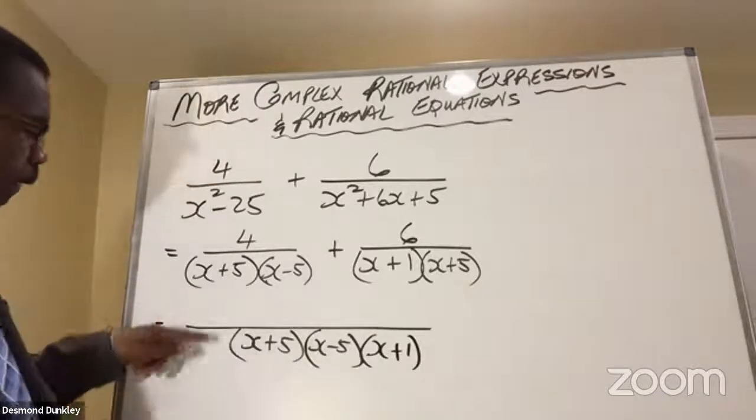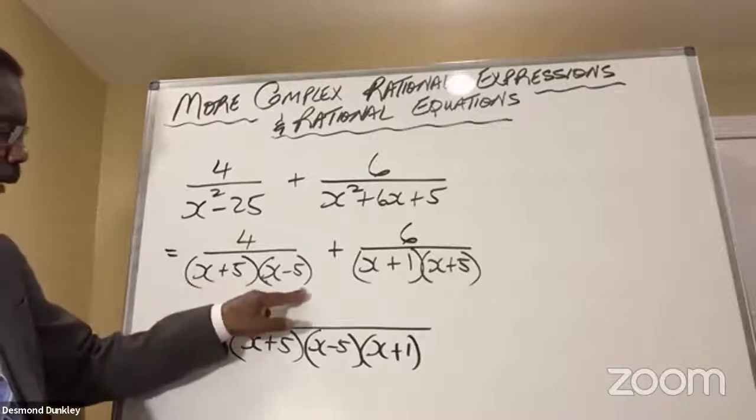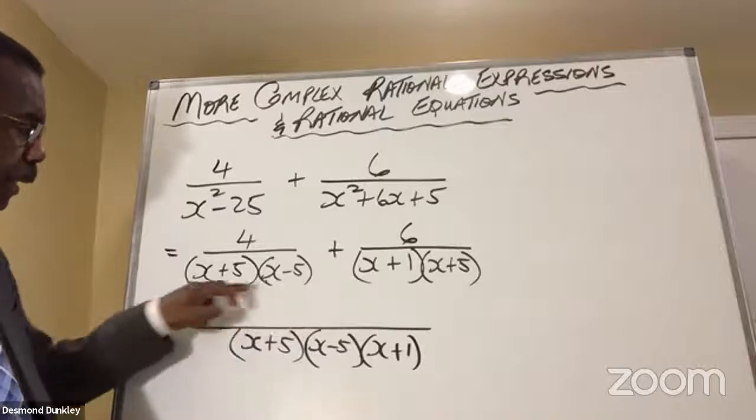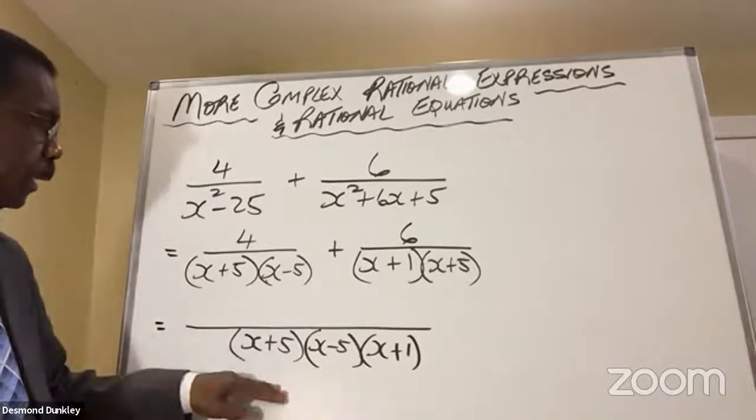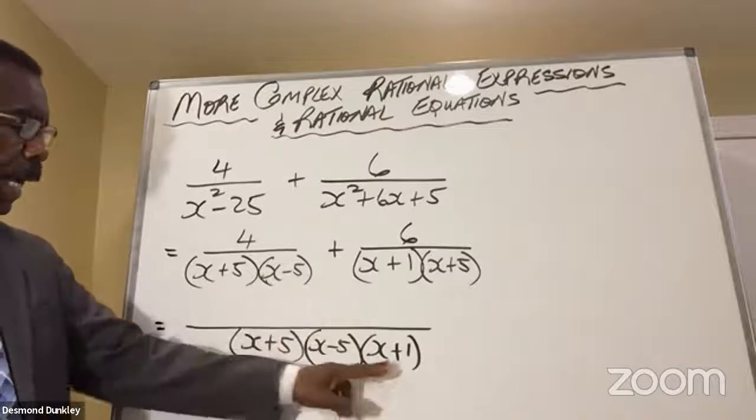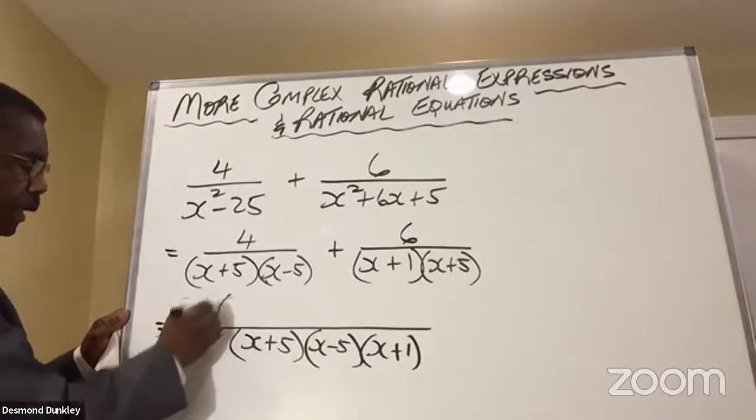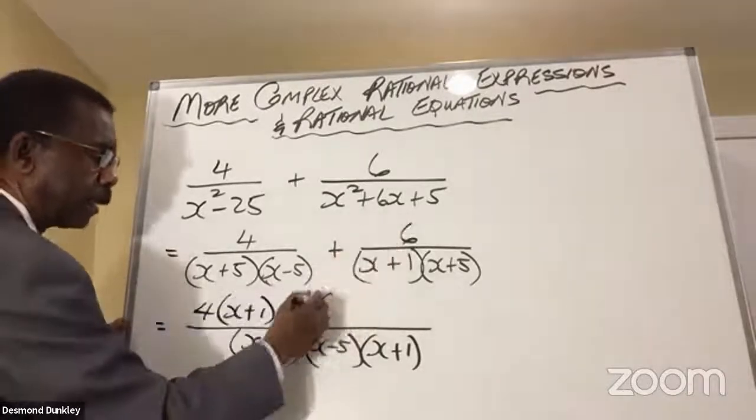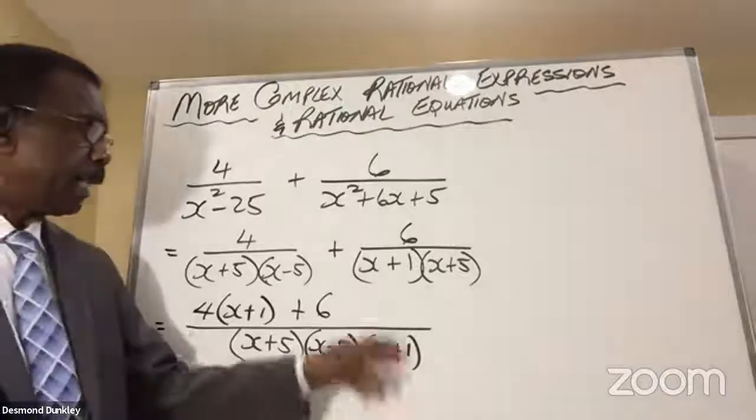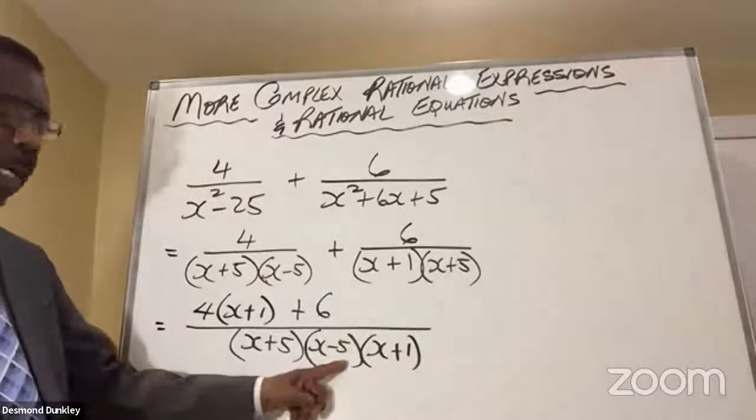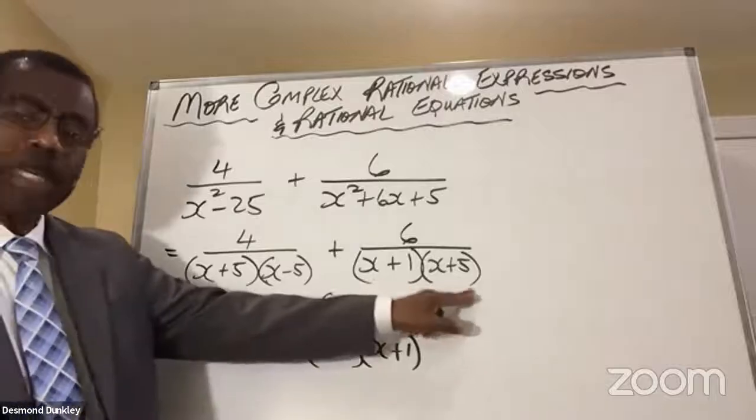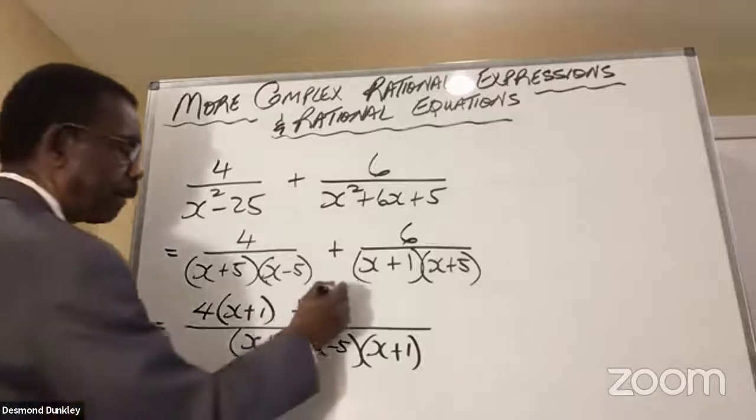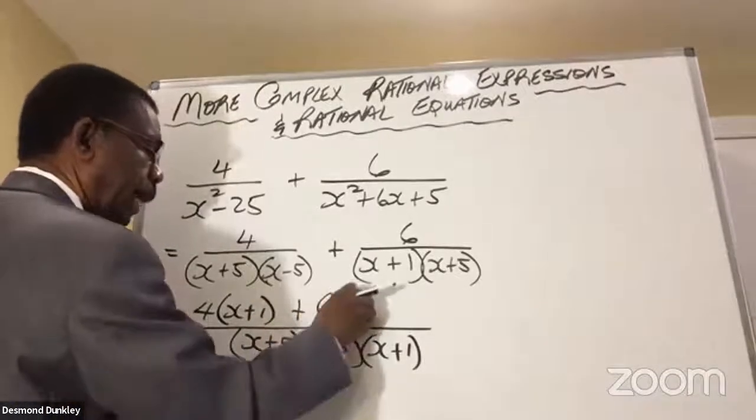So check this out. If you divide this by this, then the answer is going to be x plus 1. In other words, you're multiplying this denominator by x plus 1 to get this. So now I have to multiply the top by x plus 1. So now I have 4 times x plus 1. Plus, here's my 6. What is here that was not here? The answer is x minus 5. So I'm multiplying this denominator by x minus 5. So I have to multiply the numerator also by x minus 5. So we end up with 6 times